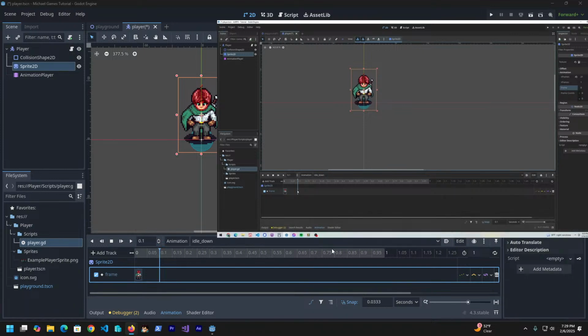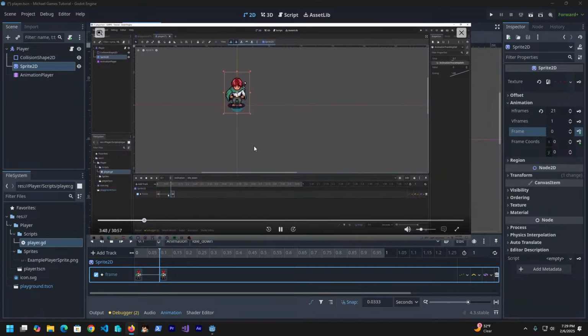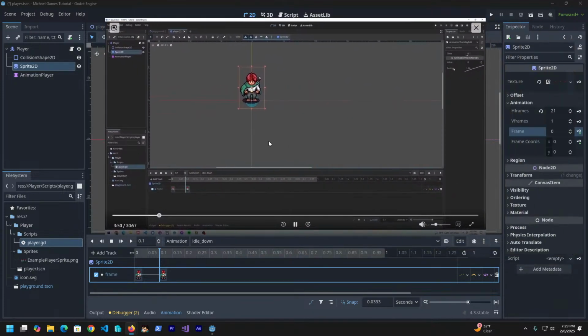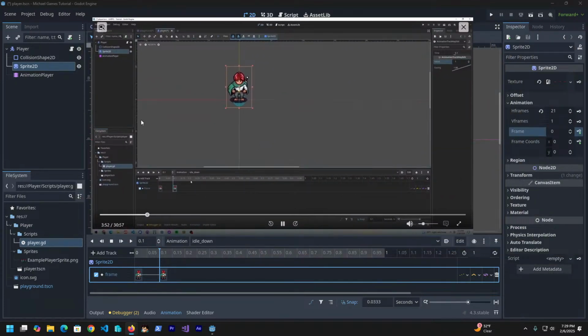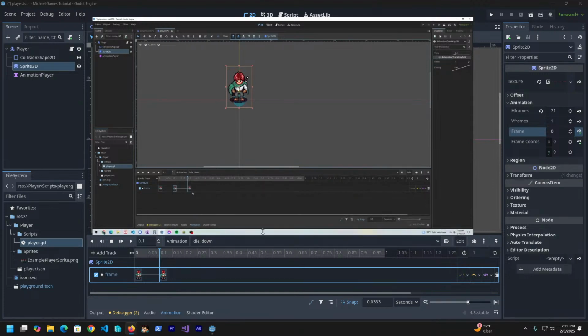There's only 3 frames on this one. It's quite simple. It's meant to loop in a ping pong fashion. So we'll go here, we can right click, insert key. And when we select that keyframe by left clicking on it, you can see there's a value up here. The first one, when we added it, was at 0. The second one should be on frame 1. And then we can come here and insert one more